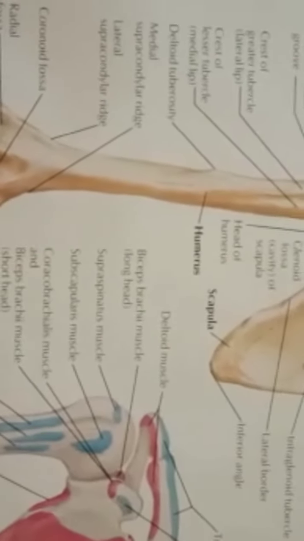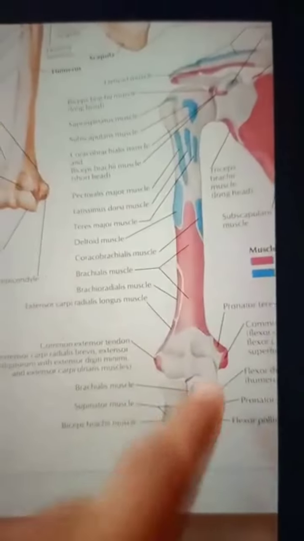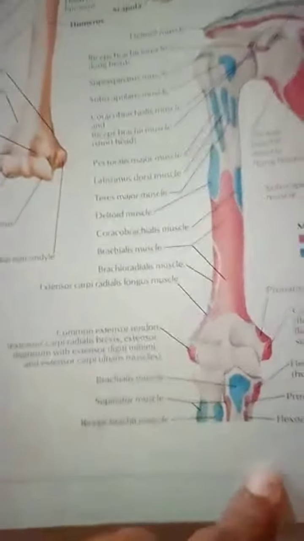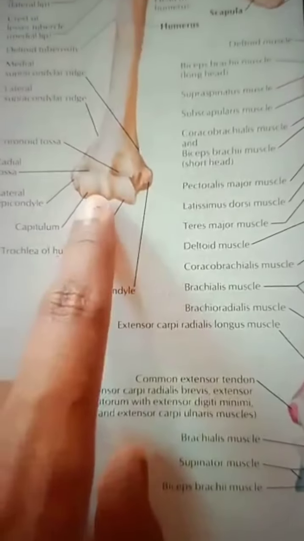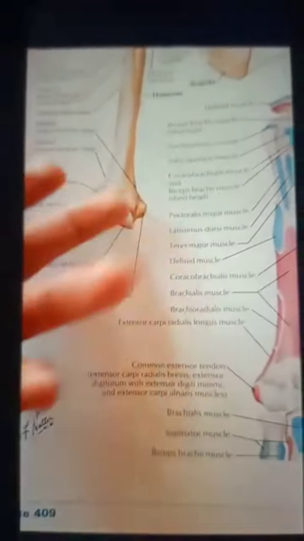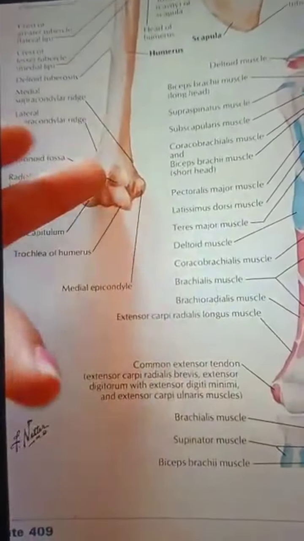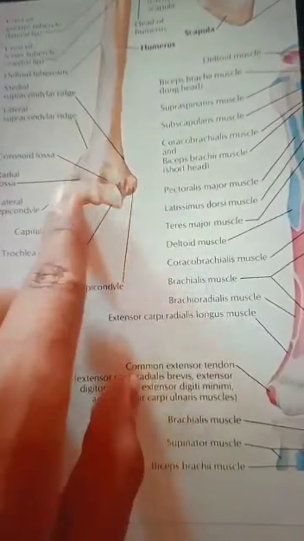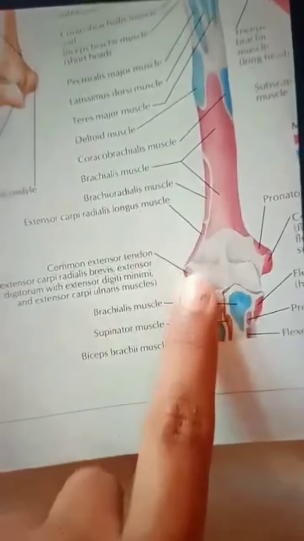So the trochlea, you can see this is the trochlea of the humerus. It articulates with the trochlear notch. And next it is present medially, on the ulna. So it attaches with the trochlear notch of the medial side ulna, to form the humero-ulnar joint. As you know, the ulna is on the medial side, so this humero-ulnar joint is towards the medial side. And next let us see the capitulum. You can see this is towards the lateral side of the lower end of the humerus. So this capitulum articulates with the head of the radius. Of course the lateral side is the radial bone. So it articulates with the head of the radius, forming the humero-radial joint. So you can see the humero-radial joint.